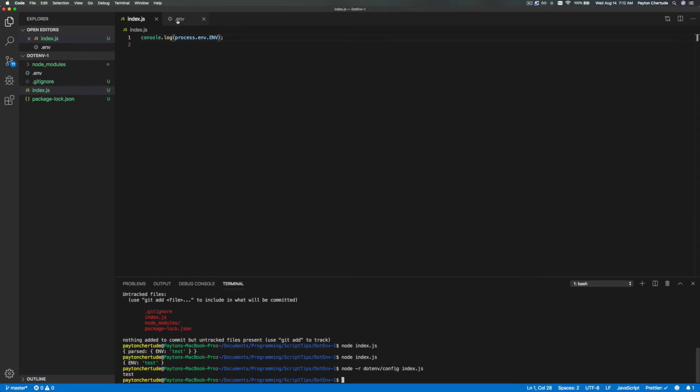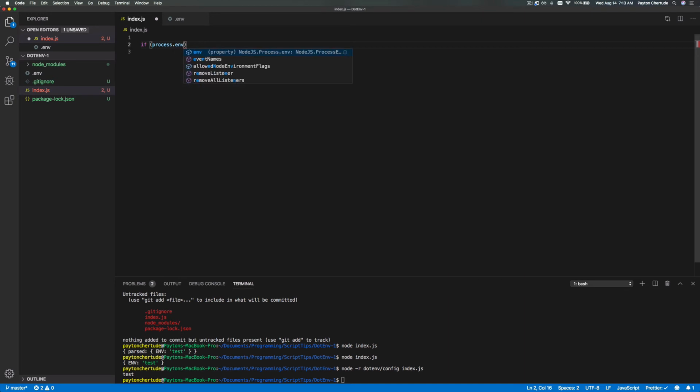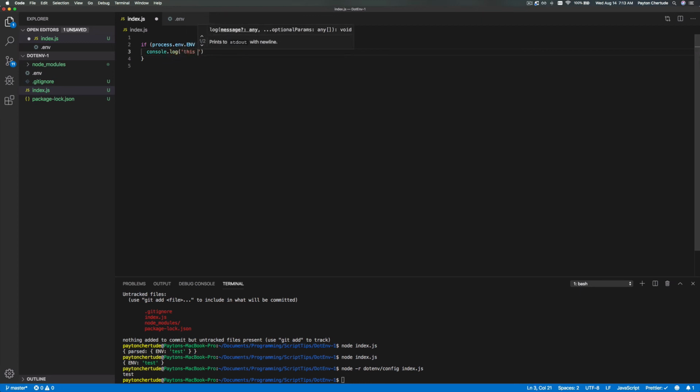But yeah, so let me show you another couple of use cases about this. So a lot of times inside your application, you can use environment variables to go down different paths. So if we have an environment variable, say, in this case it's test, but what if we had one that was production? So what if process.env.env was equal to prod? We'd want to do some stuff. This in prod. Obviously you can do something more useful. This isn't useful at all. And then we could have else